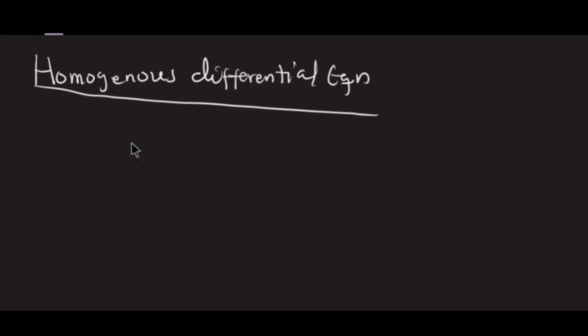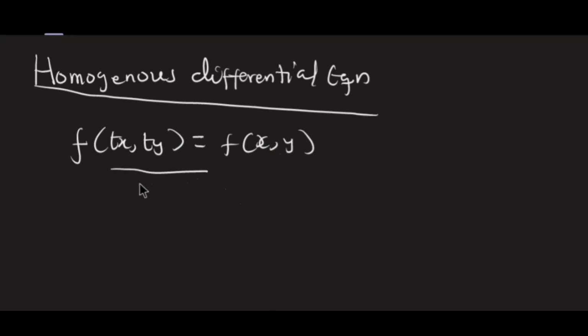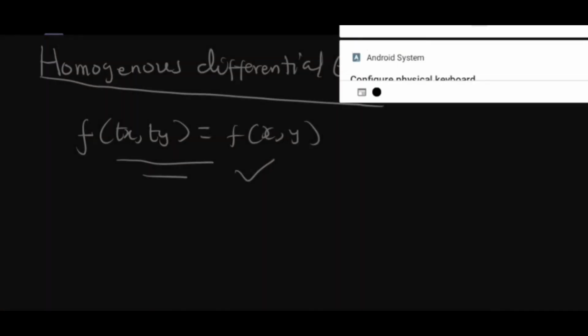equation. A recap: every homogeneous differential equation should satisfy this, that is f of tx, ty should be equal to f of x, y. When this condition is satisfied, then it means that our differential equation is homogeneous. Then we can go ahead to solve it. To solve all homogeneous equations,